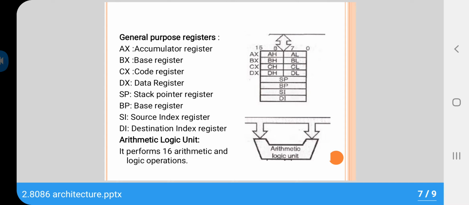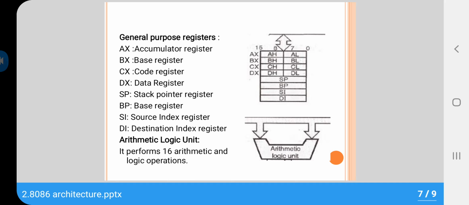Arithmetic logic unit is capable to perform 16 different arithmetic operations as well as 16 different logical operations on 16-bit long operands. The intermediate result of arithmetic or logical operation may get stored with accumulator on temporary basis. So accumulator register is shown as AX.